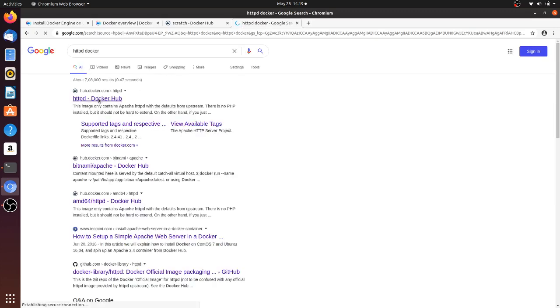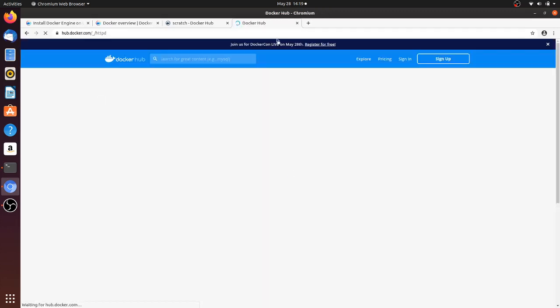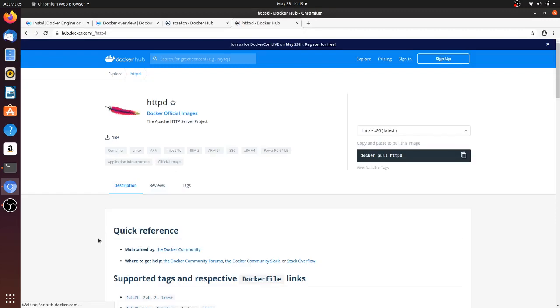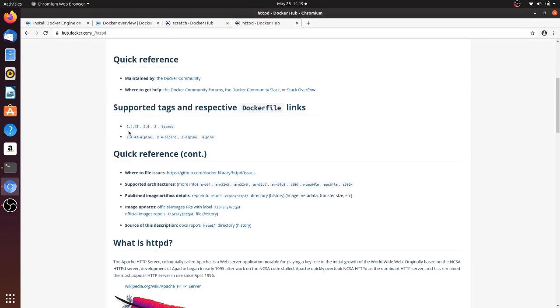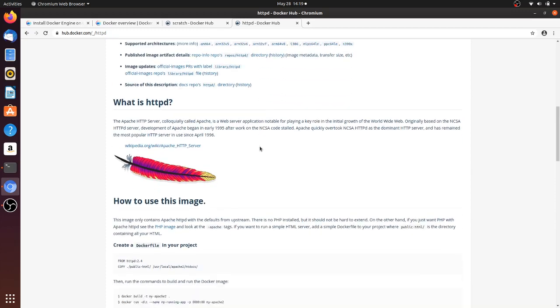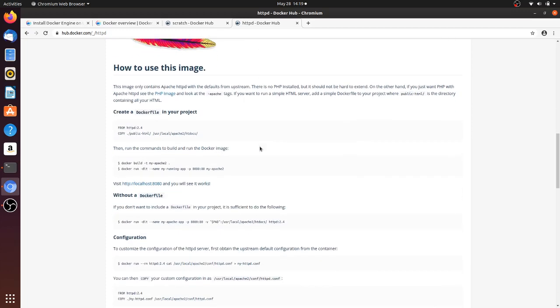So here you can see an image which is readily available, which we can use. There are certain versions also available, so we can pick any version. I mean, these are the tags. Let me quickly run this and show it to you.